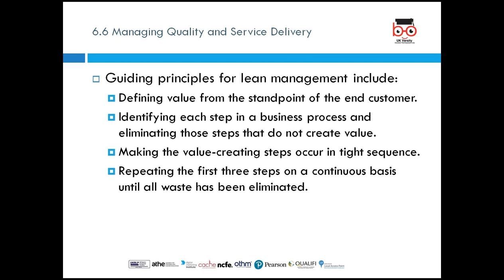Making the value creating steps occur in tight sequence. We have to make sure that the service that we provide to service users will create value, and that can be done by making sure all those processes occur in tight sequence so that there wouldn't be any lapses. For instance, somebody who has cancer, right? What are the steps that we have to take to make sure that the person receives urgent care from a consultant in the hospital without delaying much time in the GP surgery until the cancer spreads to a stage where it will not be curable? So these are typical applications